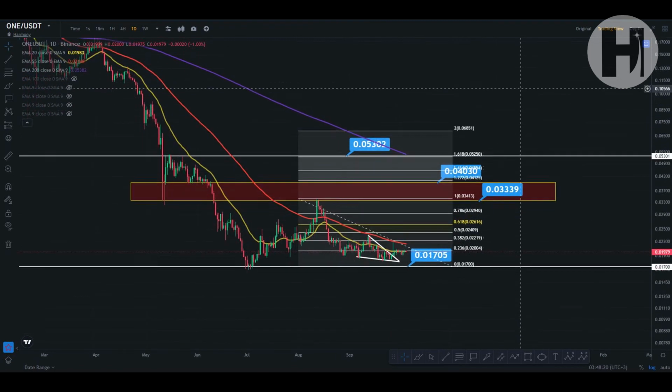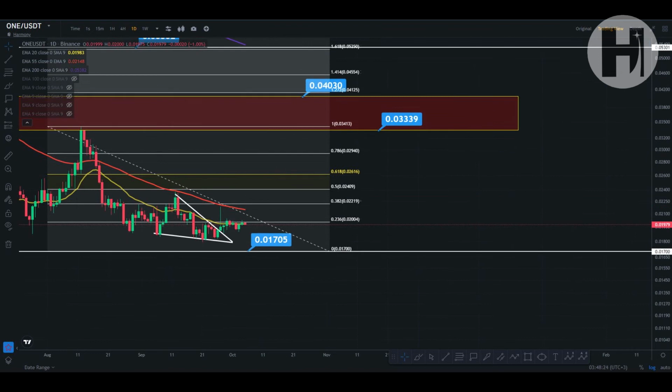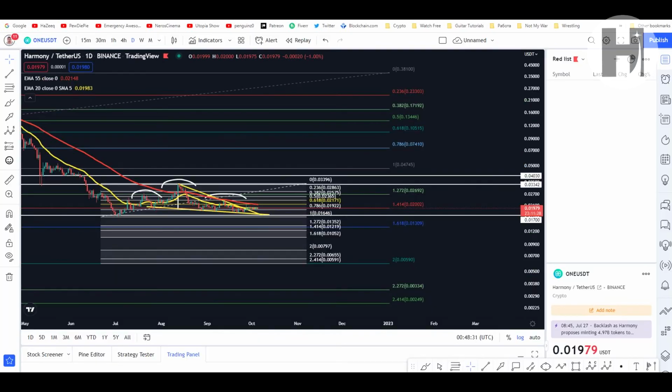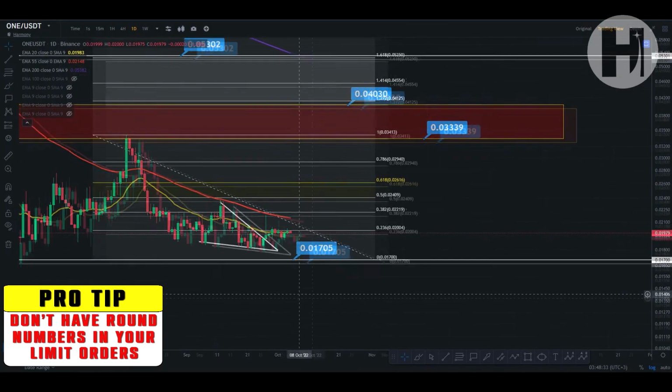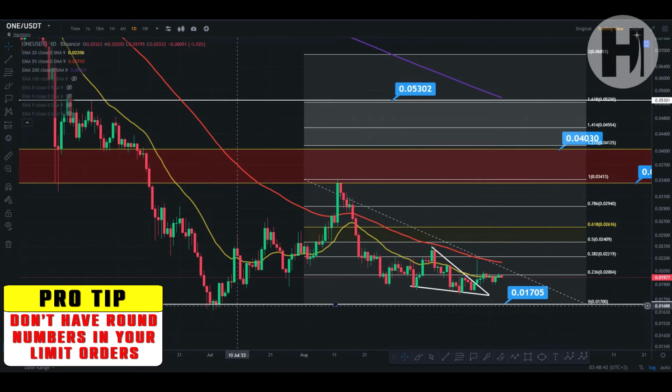Moving over to the Binance website, we are on the daily chart here, and as you can see, we are breaking from this falling wedge. We just looked at it over here on this other chart, so this is just a different chart with a bit of a different setup here. We obviously have a different Fibonacci retracement here, but I took this retracement just to see if potentially we're gonna print a low here at